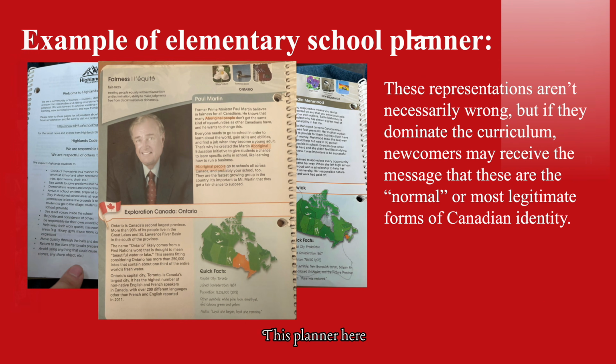This planner here is what I used in grade 6. What you see inside is former prime ministers, historical figures, and geographies of Canada. What they don't or subtly mention is the Indigenous presence, acknowledgement of land, the use of proper Indigenous terms such as Aboriginal, and the lack of social and cultural groups it leaves out, such as gender ideology, immigration, multiculturalism, and